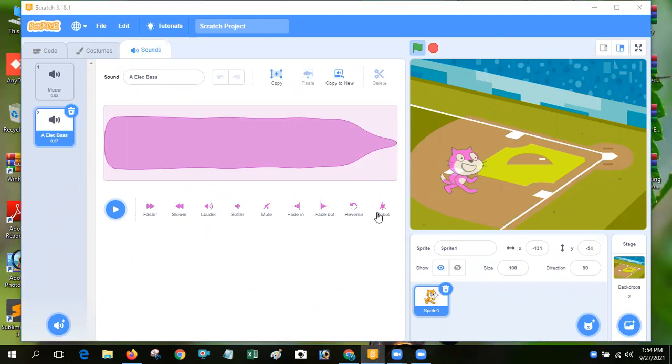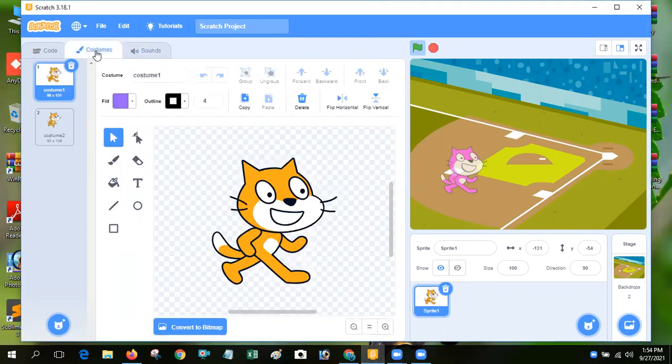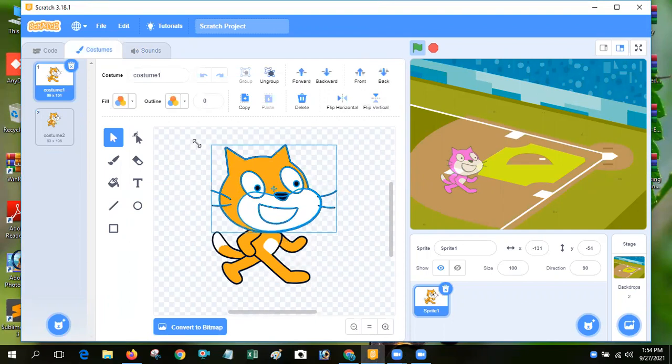Next, you can see how to paint a new sprite. Paint a new sprite, as we already discussed. How can we edit our sprite? Suppose if you want to increase your sprite size, then you can use it.